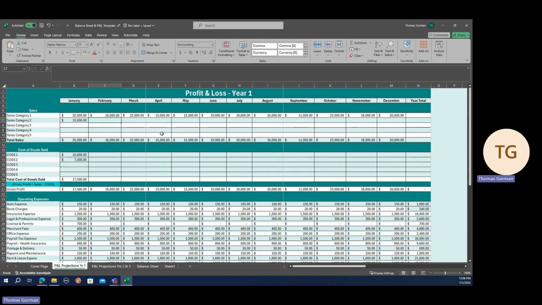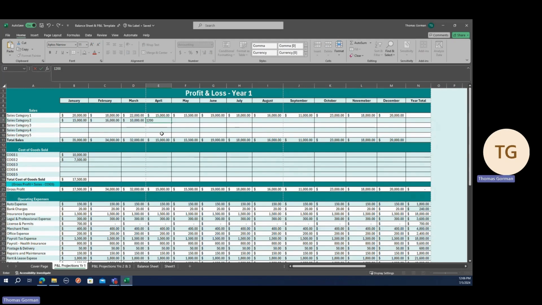Obviously, you guys are going to want to put a little bit more thought into it. You know what kind of business you're in. You know what months of the year that business tends to be more engaged with its clientele. So you guys are going to put more thought into your sales numbers than I am, but I'm doing this just for the purposes of showing you guys how to do the projections. Then this one we'll put 16,000 a month, say 10,